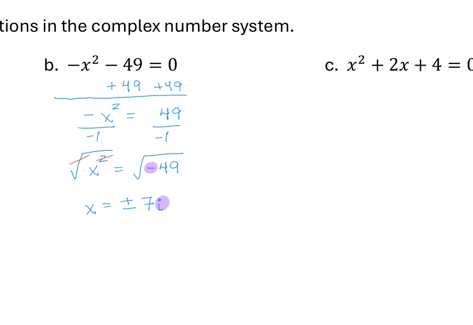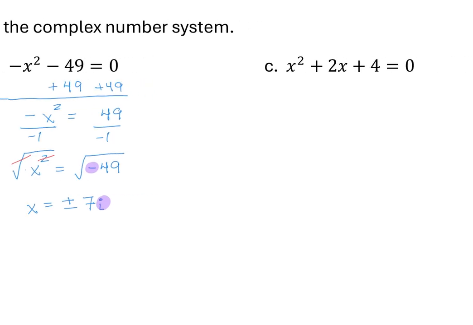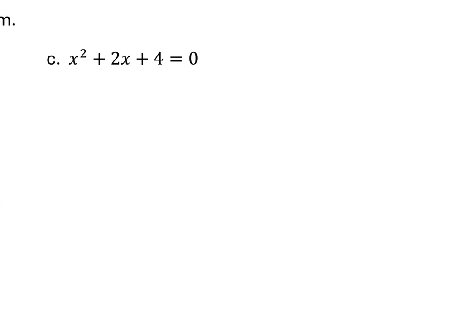All right, so those two were set up for the square root property. The rest of these we're going to either use completing the square or the quadratic formula. And so the reason is, if we come over to C, we can't really isolate our squared thing because it's not just x squared anymore. And we got other terms running around,